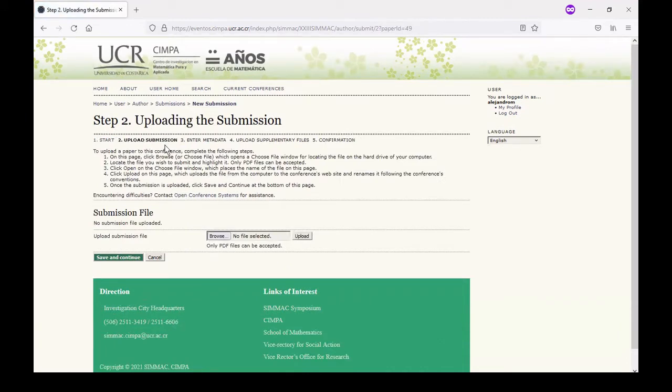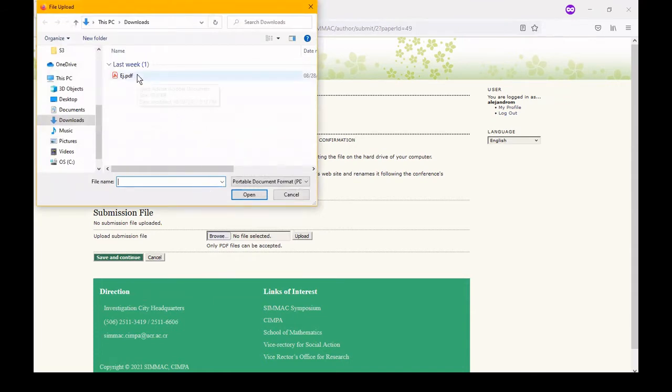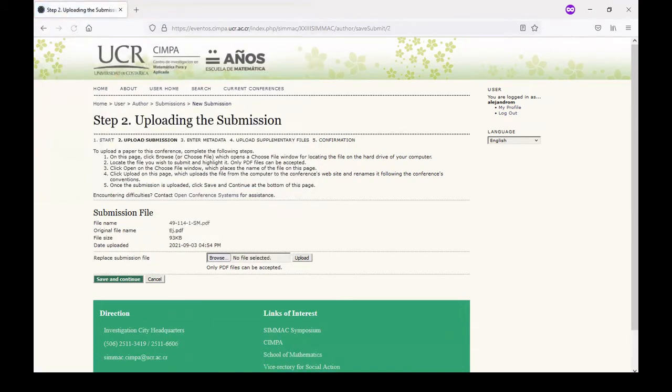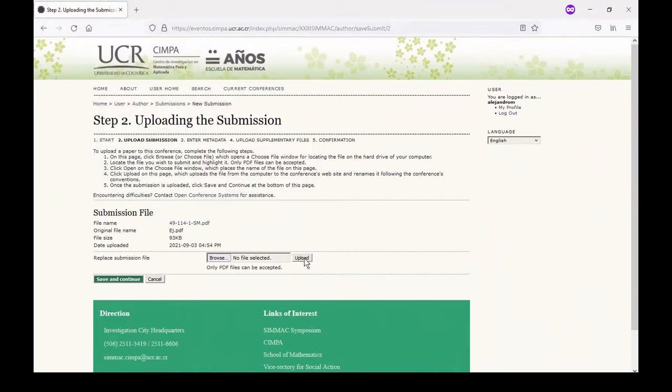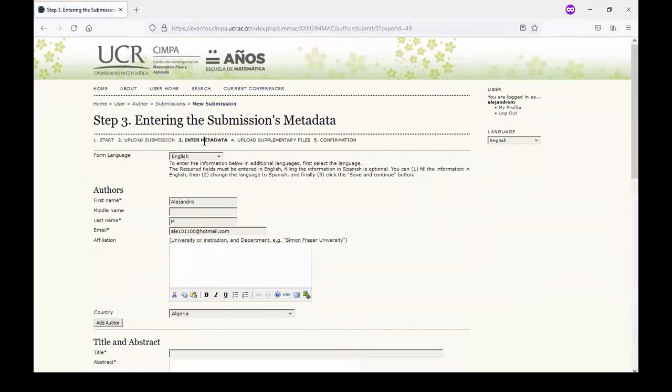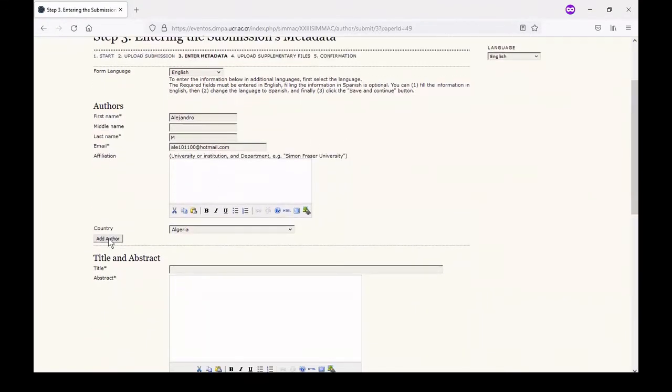And here we upload the submission. It has to be a PDF file, like this one. First, we have to browse for the file, select it, and then click on the upload button. We can also replace it at any time. And now we will save and continue for step 3, entering metadata, where we can include information about the author